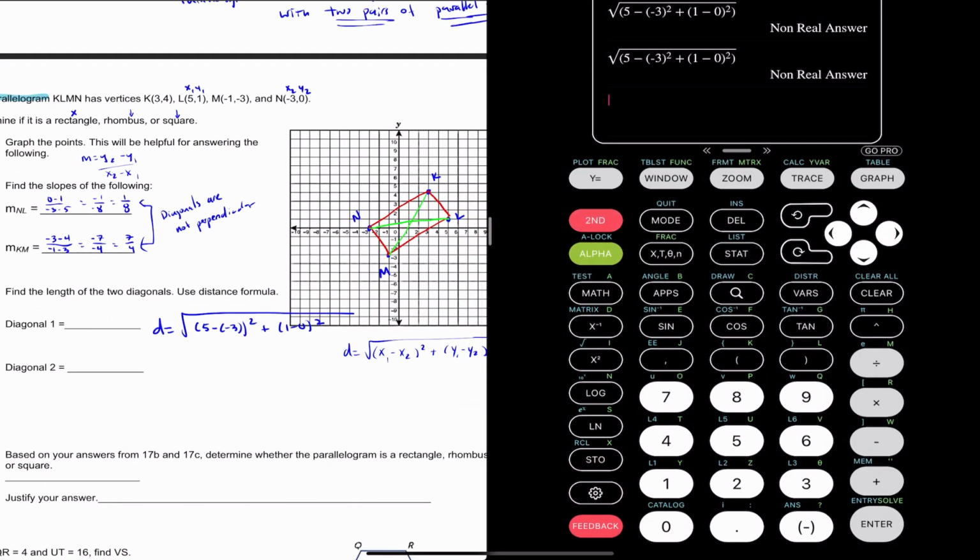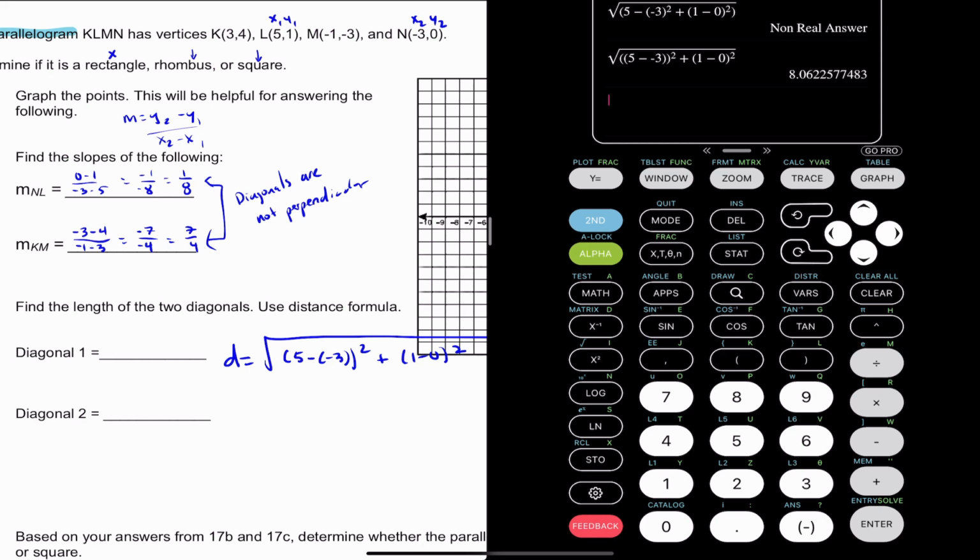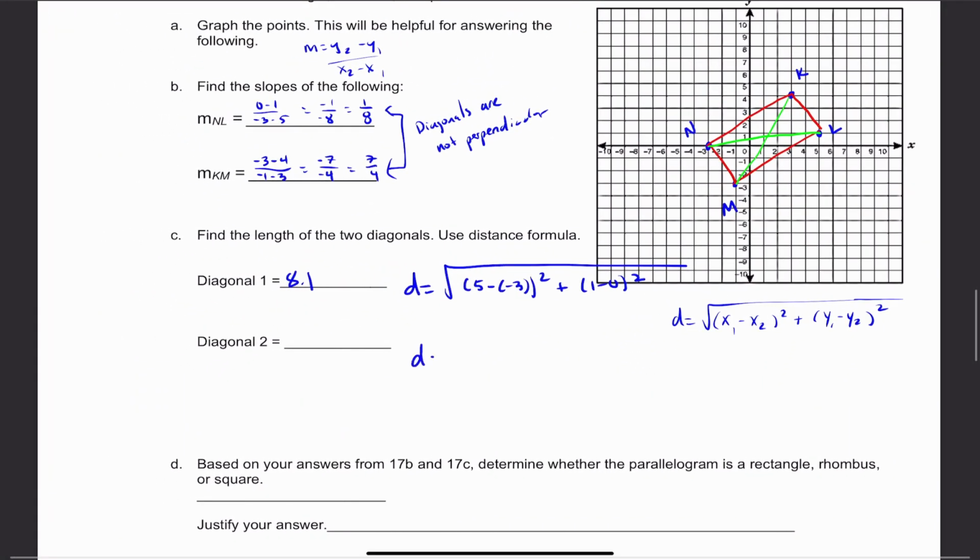So I do second, parentheses 5 minus negative 3, close it again, squared, plus 1 minus 0, the quantity squared, and you get approximately 8.1. So approximately 8.1. And then I'm going to do the other one, which is D equals the square root